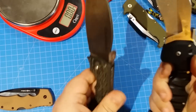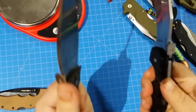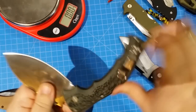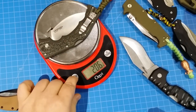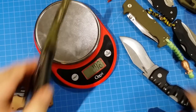Very similar blade lengths. Even the grip feels good. This is a little bit thinner. And you know what? I'm gonna hurt some feelings here. I'm putting the Spartan down just for a second to show you guys how much this thing weighs. Check out the weight on this, 7.27 ounces. So you're looking at about 2 ounces lighter and 206 grams as opposed to